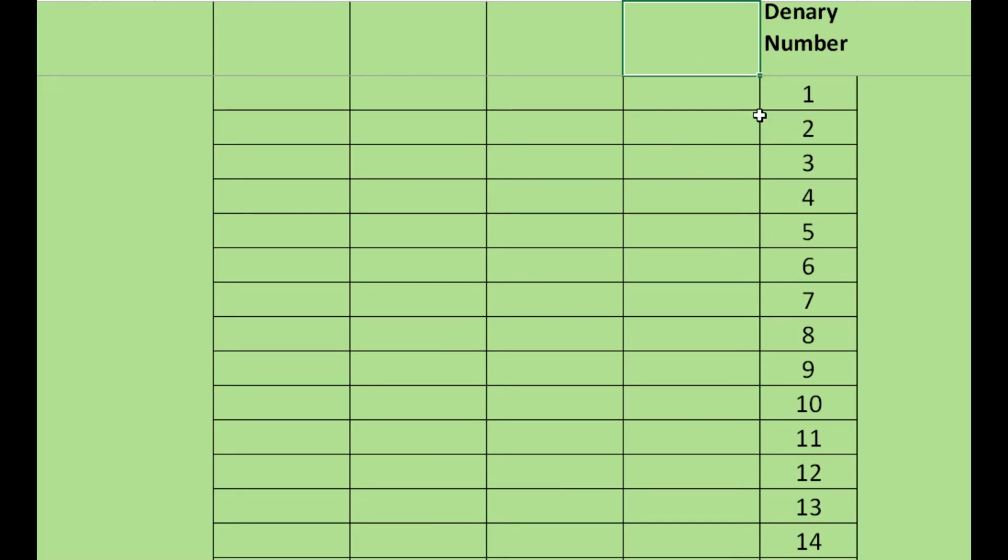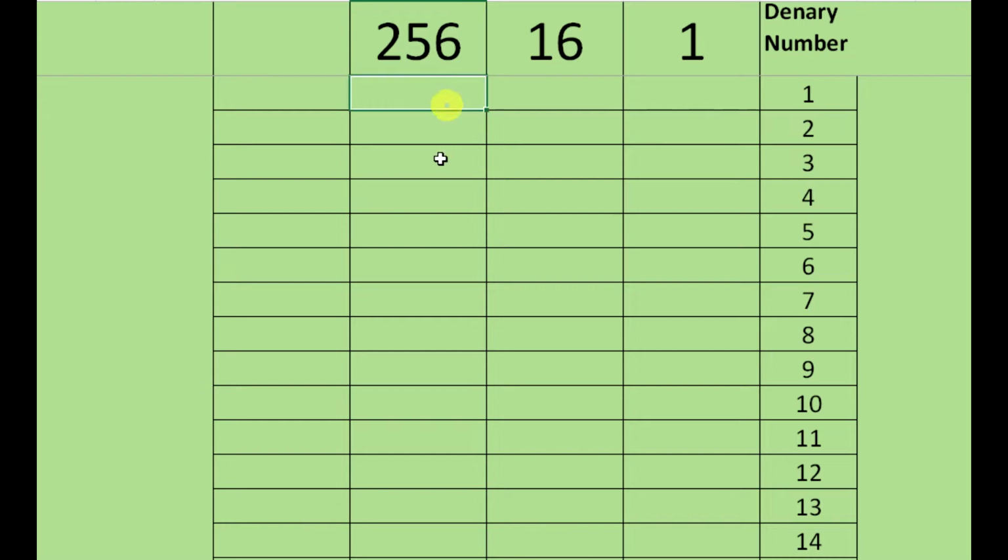To convert denary numbers into hexadecimal numbers, I'm going to start with our place values. Like all number systems, our first place value column is always the ones. In hexadecimal we have 16 different symbols for numbers, so 1 times 16 is going to be 16. Our next place value will be 16 times bigger, which gives us 256, and our next place value will be